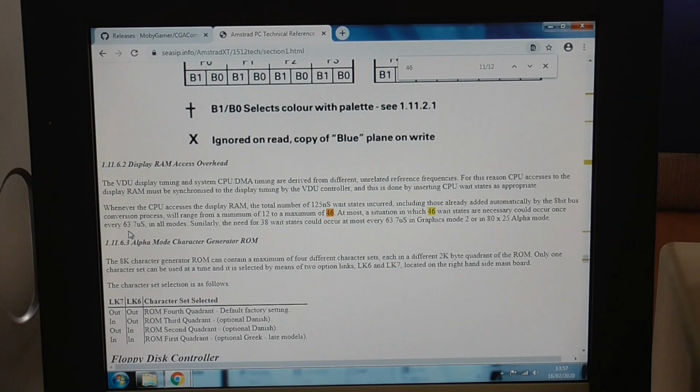And we began to wonder what could be happening every 63.7 microseconds. And when we did the computations, this turned out to be every 509.6 CPU cycles, and this is precisely the length of a horizontal raster in a CGA implementation. So it seems that for some reason the card is actually inserting a very long wait state at the end of every horizontal raster. So this was the first clue that led to the ability to do raster bars on